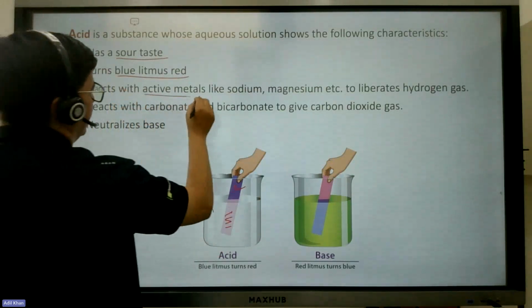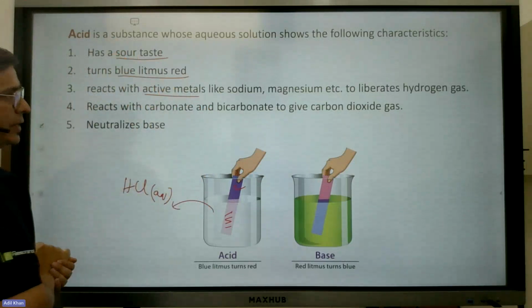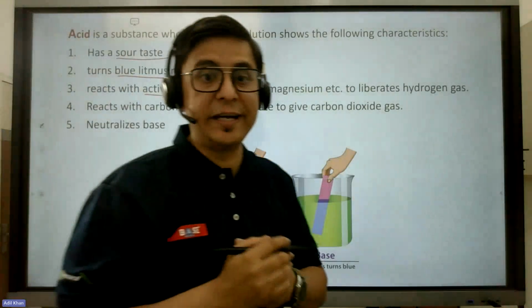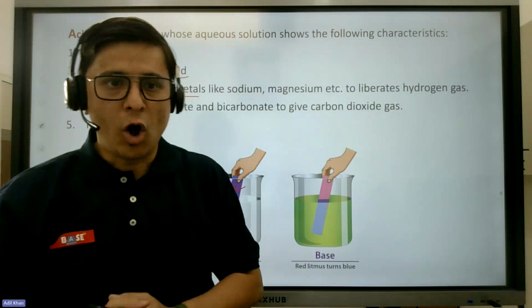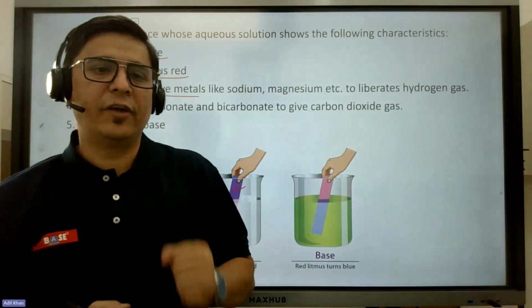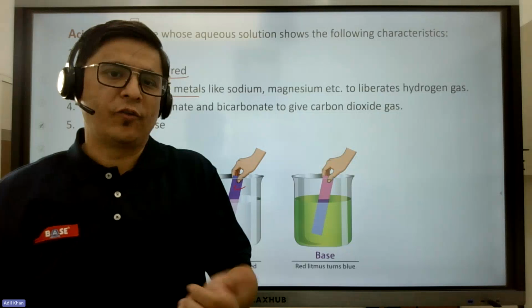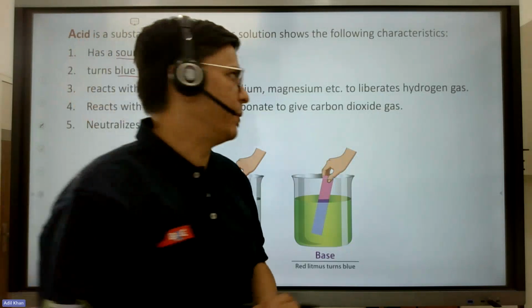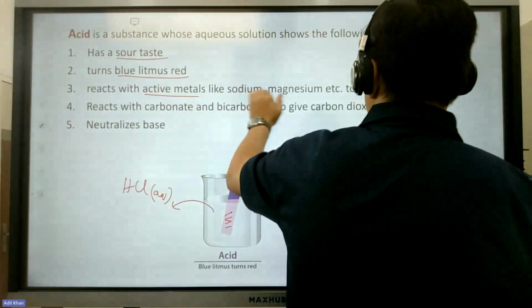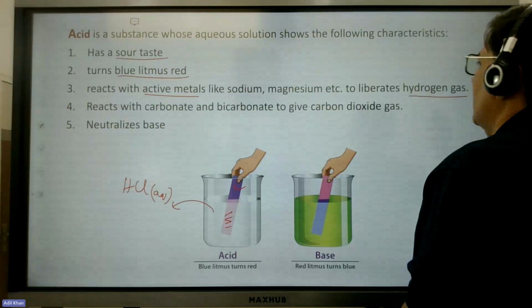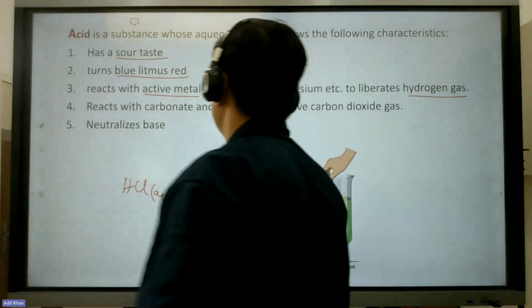Acids react with active metals. Active metals means the metals which are very reactive, or the metals in which the valence electrons are either 1, 2, or sometimes 3 also. So valence electron 1 or 2, highly reactive metals. They react with metals like sodium and magnesium to liberate hydrogen gas. So if I give you an example on this,